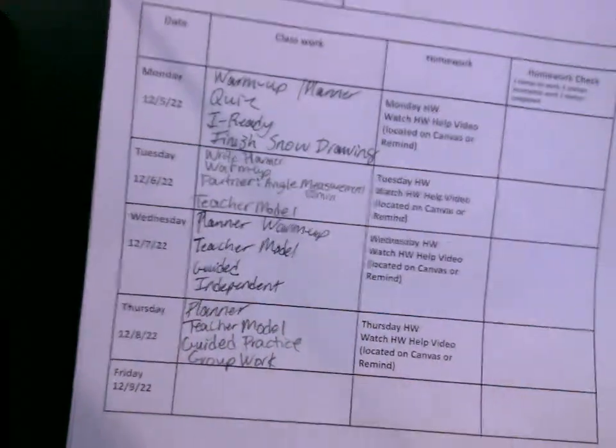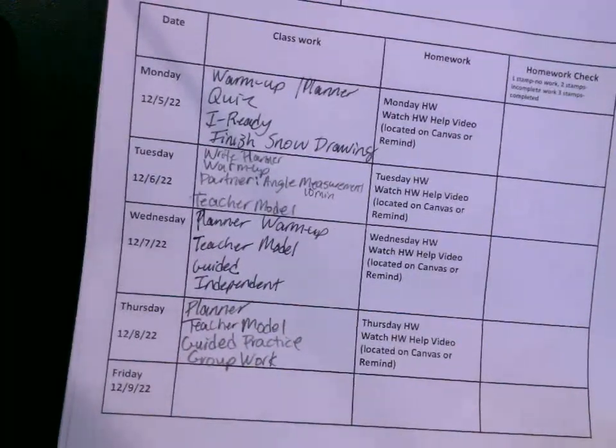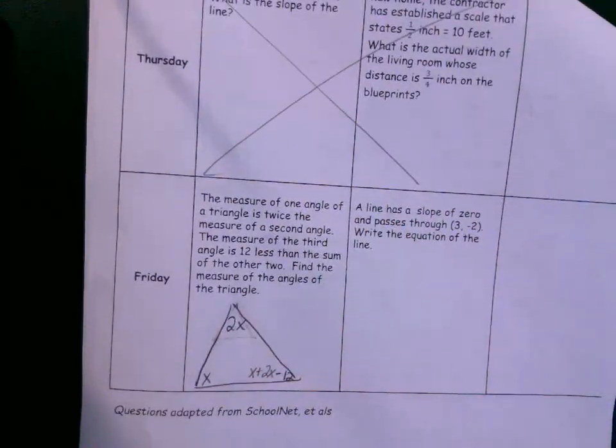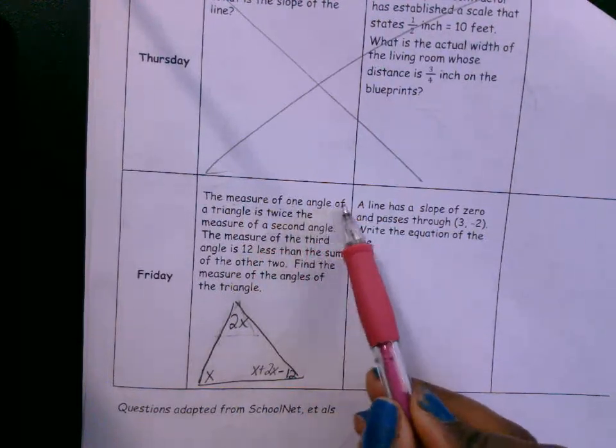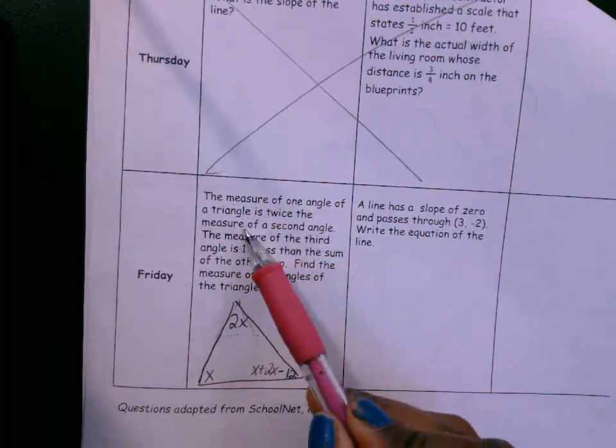Okay, so on the front of our packet, we wrote this. Today's date is the 8th. That's what we plan on doing. We're going to cross out the warm-up for Thursday, and we're going to do this one. Okay, so far we have the measure of one of the angles in the triangle is twice